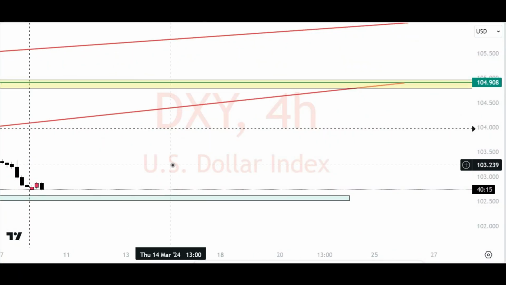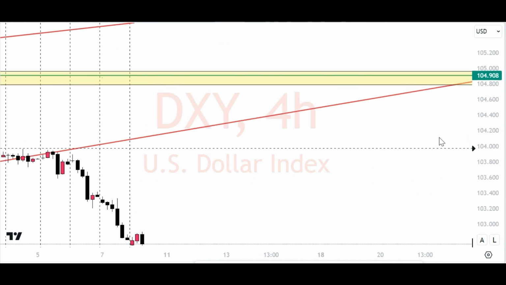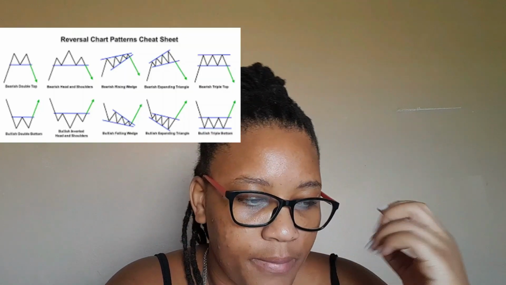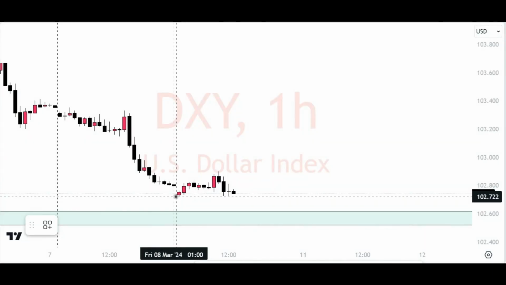Now let's look at the 4-hour. Drop down to the 4-hour. So on the 4-hour, guys, I need confluences that the market is actually going up. If the market is going up, it needs to draw reversal patterns here. A reversal pattern would be like a double bottom, triple bottom, and so on. This line right here is a very important line to me.